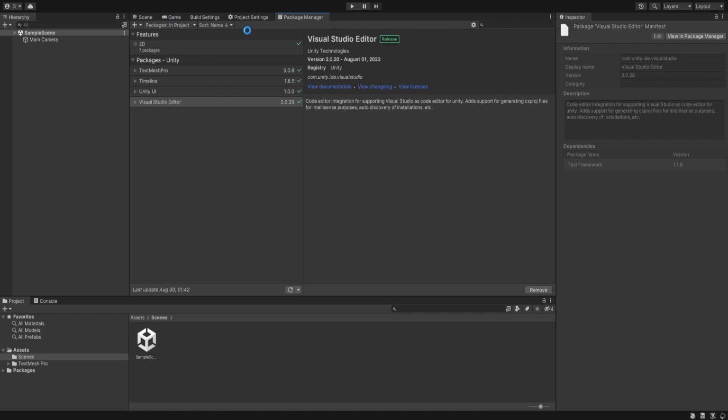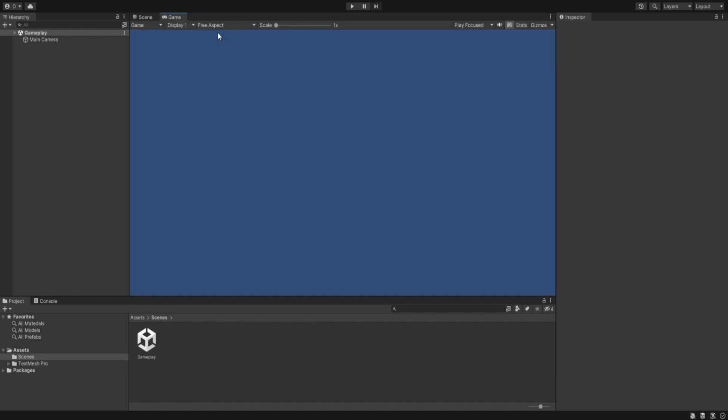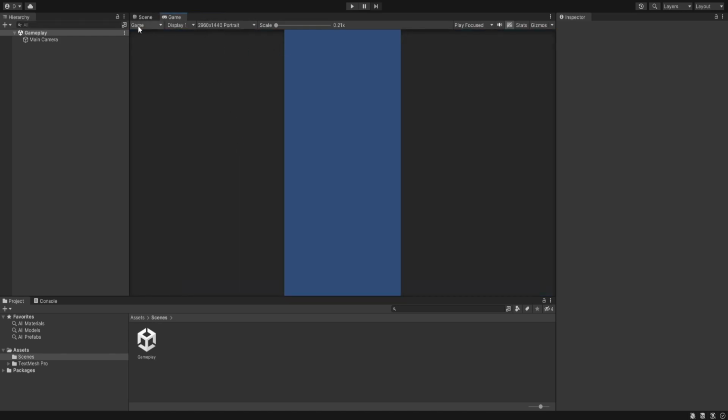And after that is done, we'll close our package manager, also our project settings, and inside our build settings we need to create a new scene, and this scene is going to be saved inside our scenes folder, which is going to be our gameplay scene, and we'll add it to the build. We'll delete our sample scene, we don't need it, and we'll also close our build settings, and just use the portrait one, and we'll set up the game view,